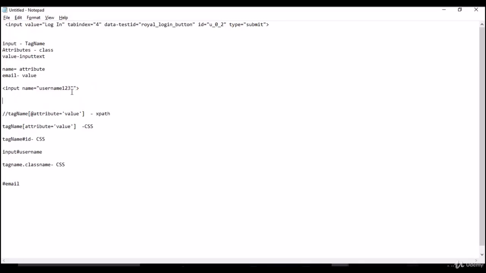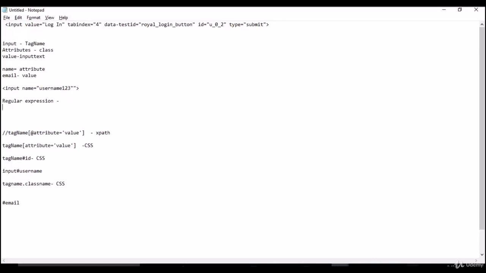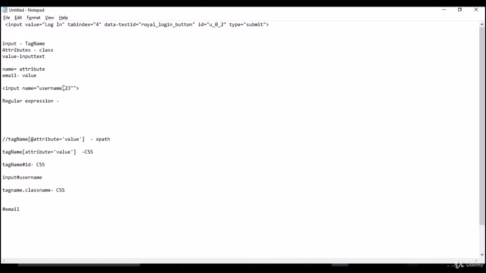Basically, here we are using the regular expression concept to handle this scenario, and you have to identify which part is constant here. Username is constant. So by using the constant and one subtext of your actual attribute value, you can form your XPath or CSS using a regular expression.